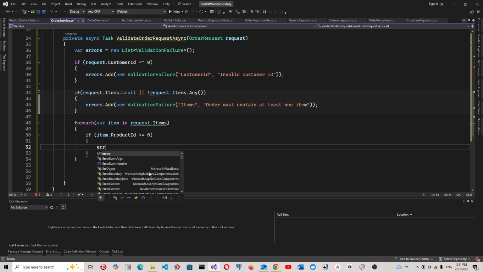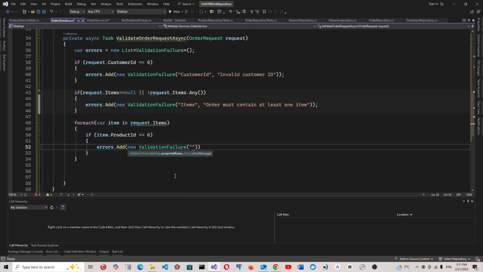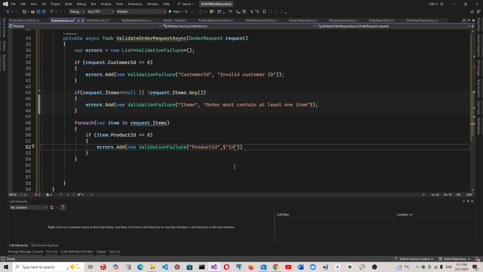In our case, errors dot add new validation failure, and property of product ID, message a dollar sign string code, double quote string from the error message of invalid ID,